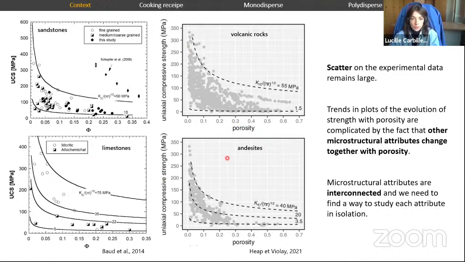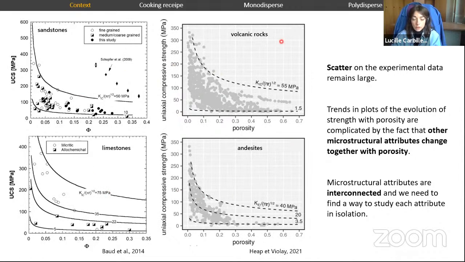phi, and porosity is the proportion of voids in the rock, basically. So overall, in these data from the literature, we see that an increase in rock porosity causes a decrease in the strength of the rock. However, there are differences between the different rock types. We have sedimentary rocks like sandstones and limestones, and volcanic rocks like andesites. So we see differences